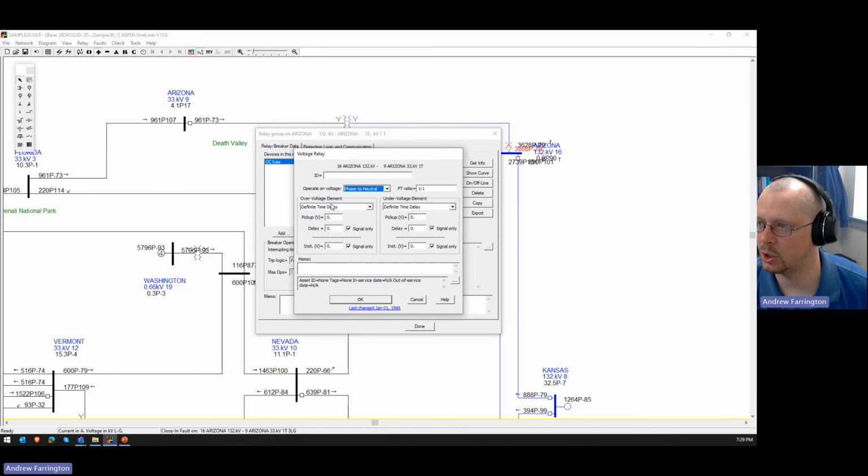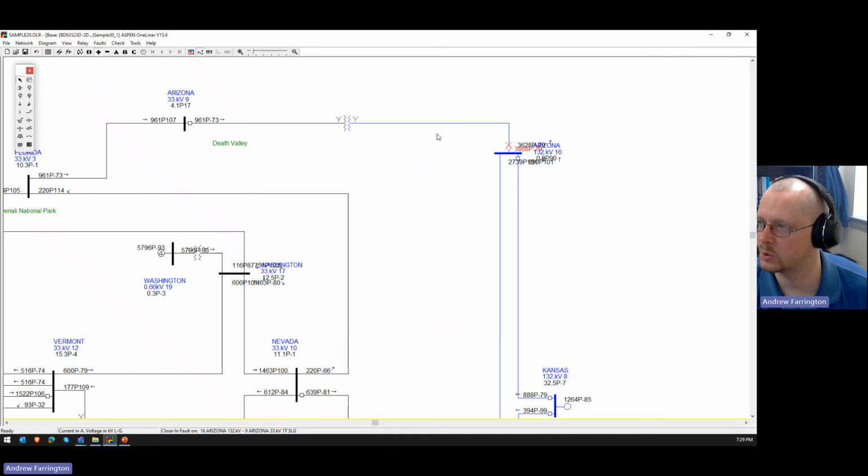Set your PT ratio, and then set whether it's inverse time. I don't know of any applications where there's an inverse time voltage element. I haven't seen that before, but it's definite time. You set up what the pickup value is and the delay,